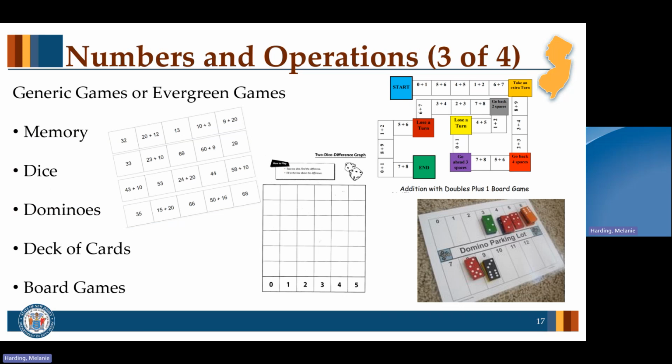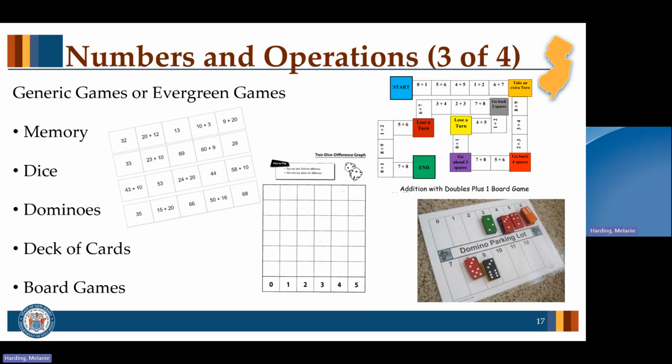So these generic games or evergreen games, that's something that Christine Tondevald, who is just a math consultant out there, but she really does have some great free tools. So I do try and point you towards people who have good free tools that are really good teachers of mathematics. You don't want to go down those rabbit holes of Teachers Pay Teachers, and Pinterest could be great if you're following the right person and getting some really good ideas, but just don't spend too much time